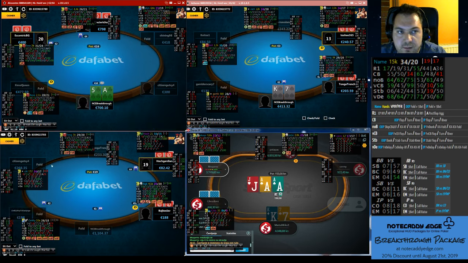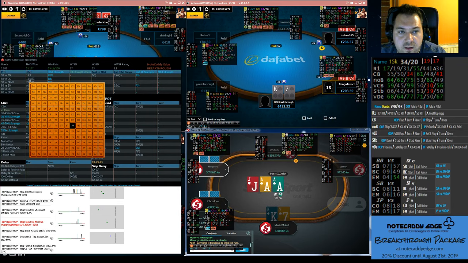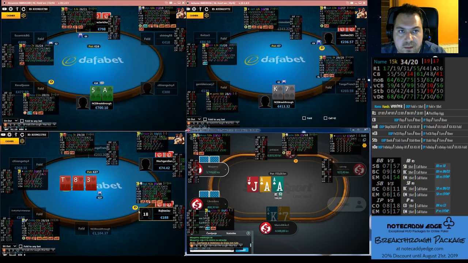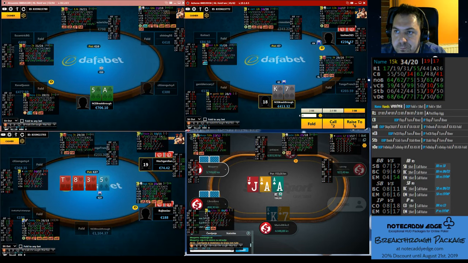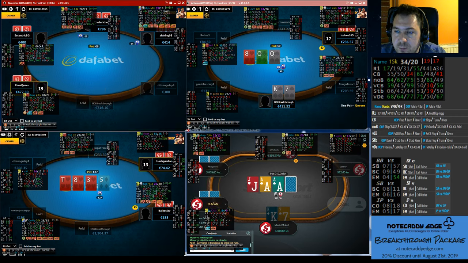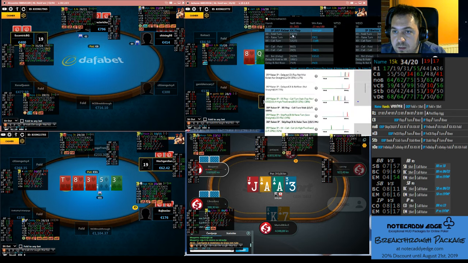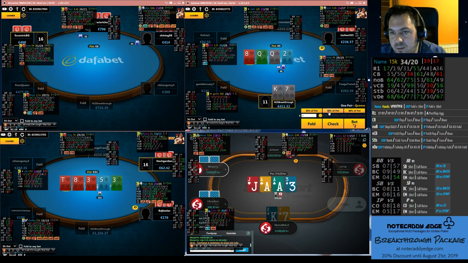Okay, we open ace 5. Just to go here to watch his 11% and 7s are here in his range. Okay. This guy has only 40% c-bet, so he has probably good check range. But now I see that he's folding 64%. I mean, in this spot we need to bet here, and I'm gonna bet here like